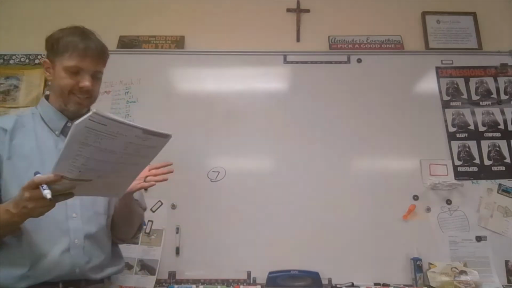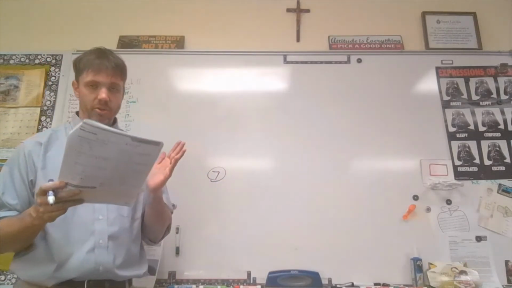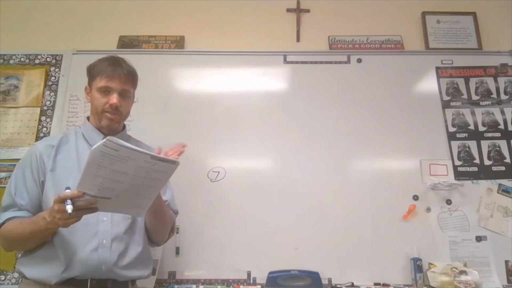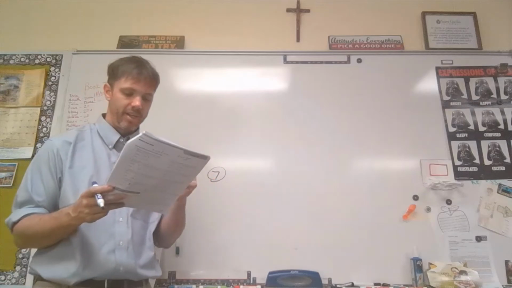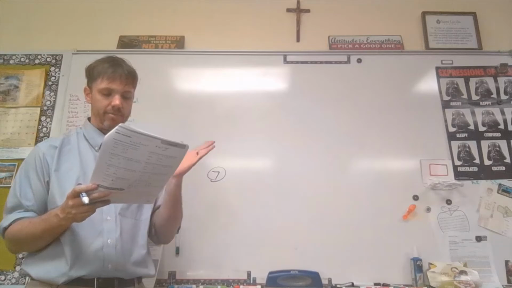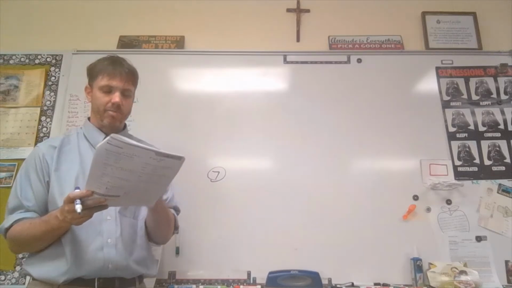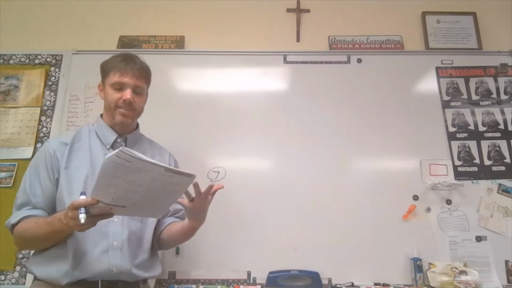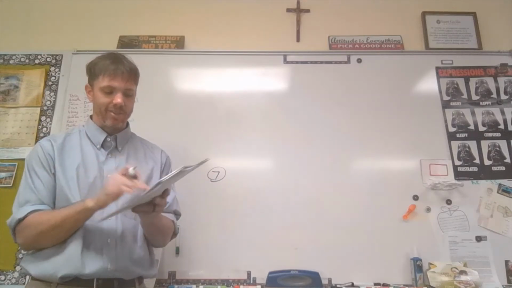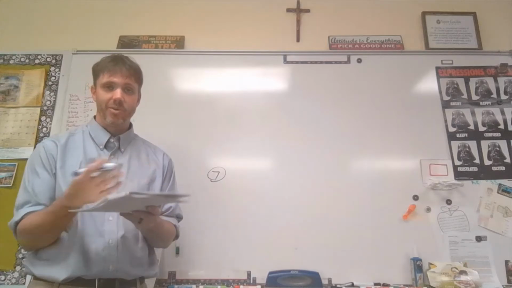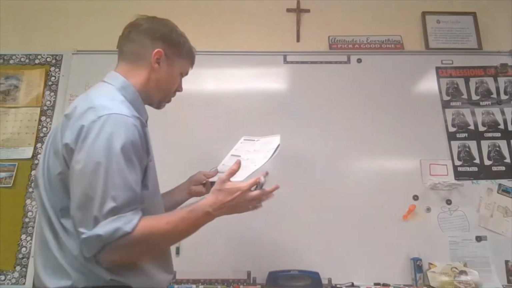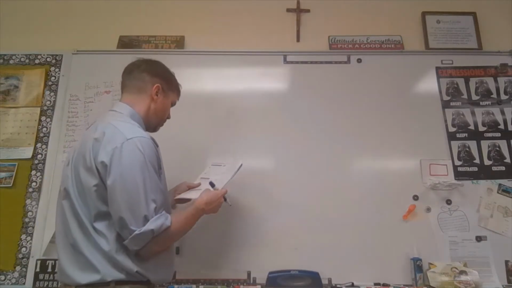For whatever reason, they decided on number 7 to have one of the numbers up by the words. All the other ones, the numbers are all in a line, but number 7, if you look, says lengths of humpback whale songs, and then it's in minutes, and then it says 25. That's part of that data set. If you just looked down at the series of numbers below it, you would miss one of your data points, which would totally change everything. So writing these in order, we would have,